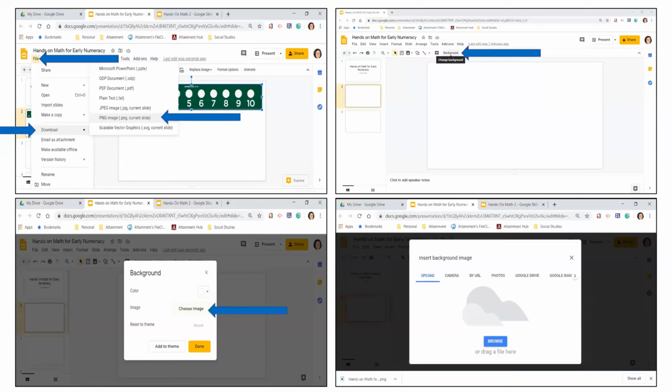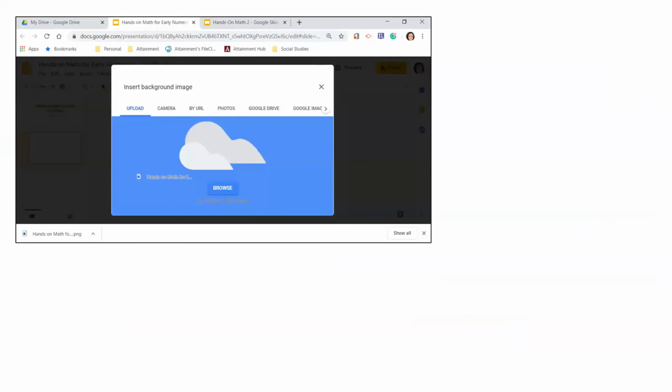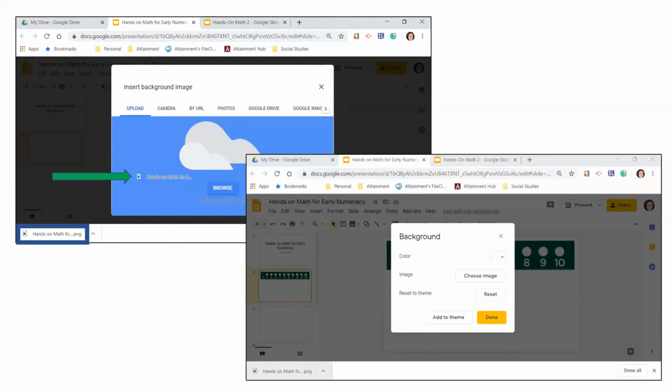I don't know if you guys noticed the highlighted box that popped up right at the bottom. That is your image. So what you'll want to do is you can decide to browse for the image, or since it's down at the bottom, that box that I just highlighted again, you can simply drag it into the browse box. And then once you do that, you'll select done,